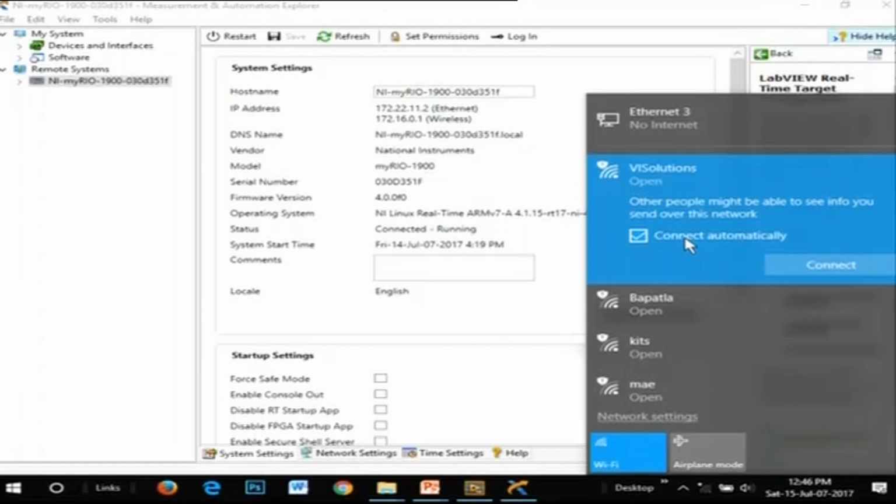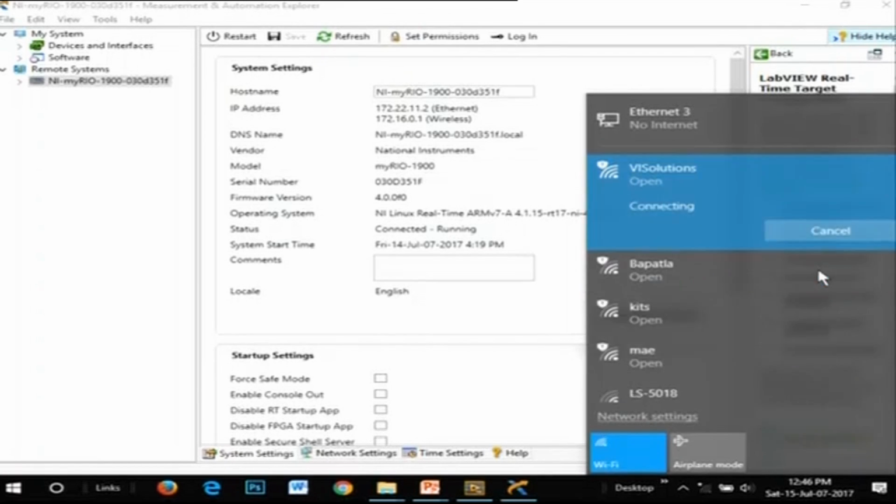No issues. You don't try to select it, because I told you the number of nodes you can get connected to is limited. For better efficiency you can connect 6 to 7, not more than that. So don't try to connect everyone. I'll just say connect. So it is connecting.